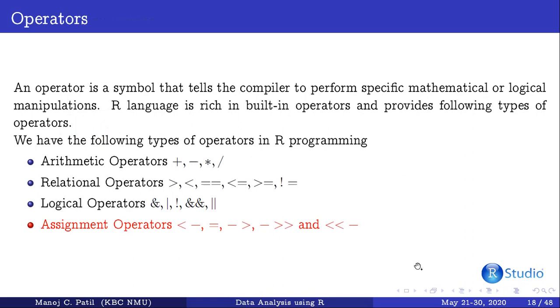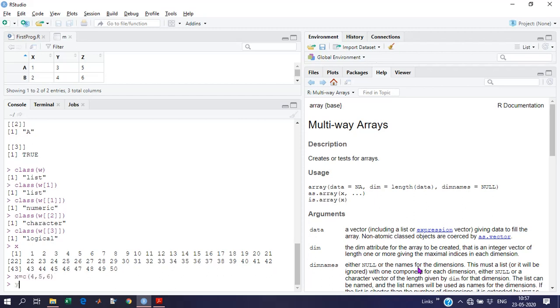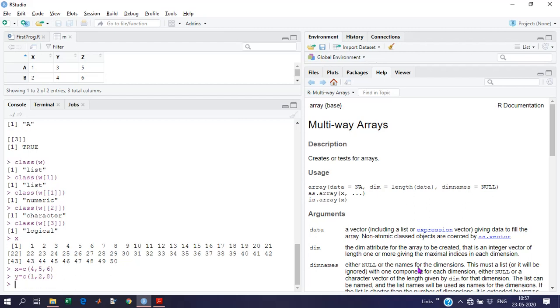Before moving to the control structures, let me take an example. What is x? It's quite big. x is 4, 5, 6, y is 1, 2, 8, whatever.